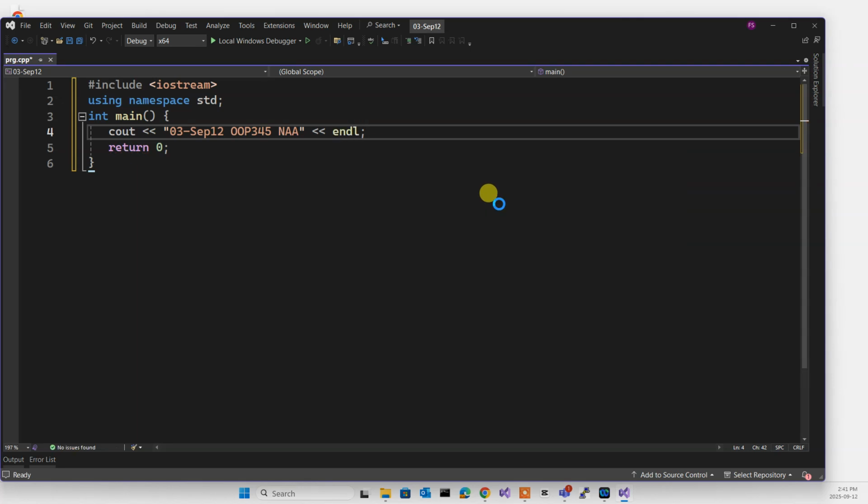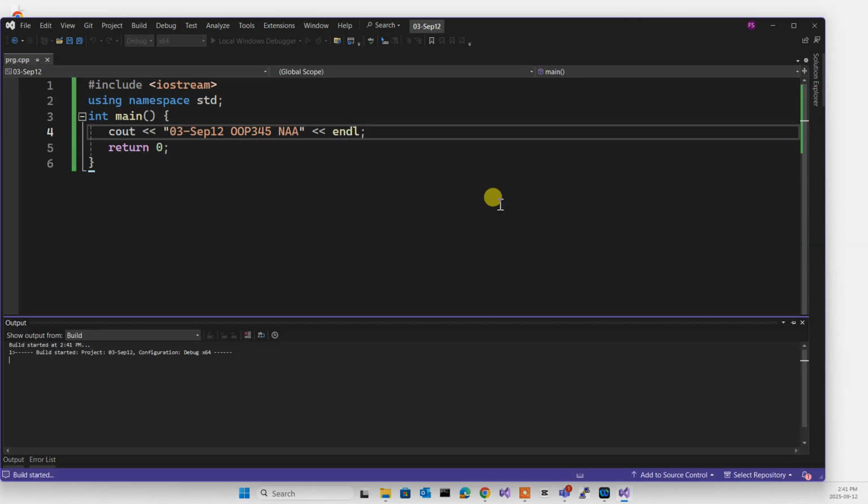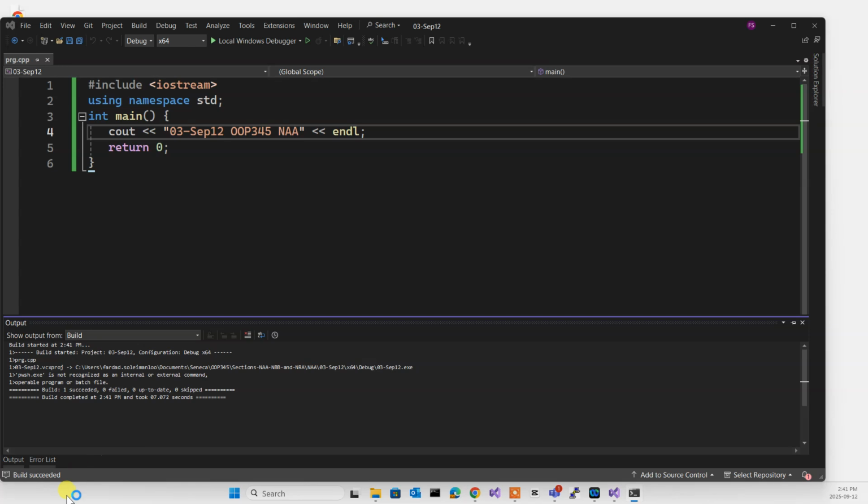Compile and run, make sure everything is set up properly, and then we start. Okay, everything's good.